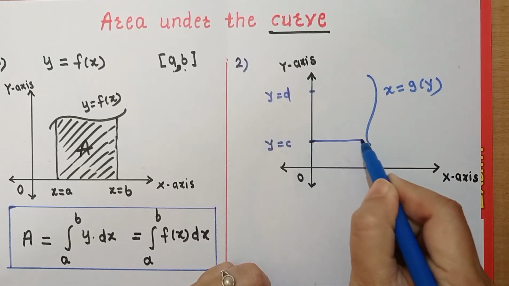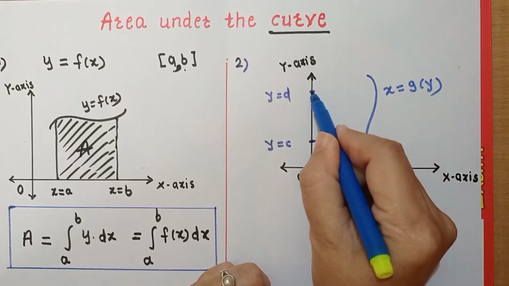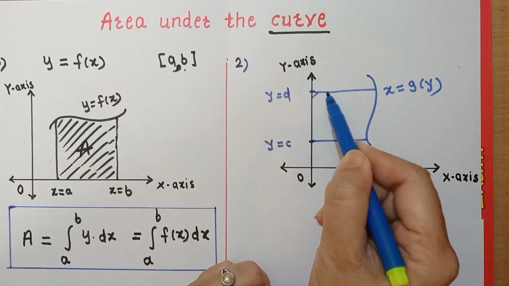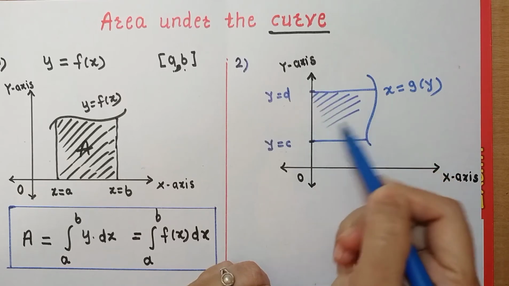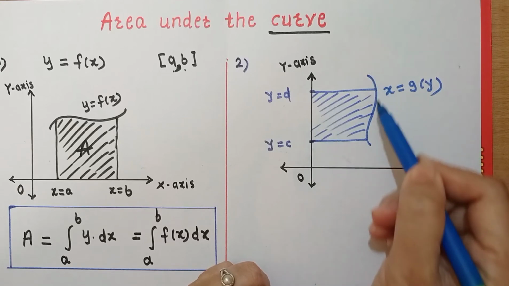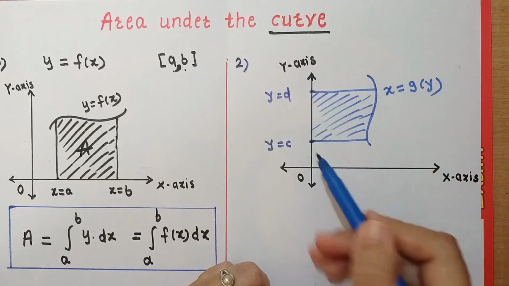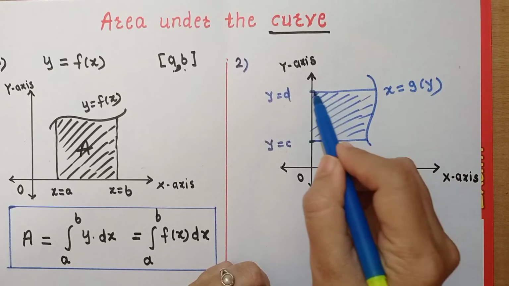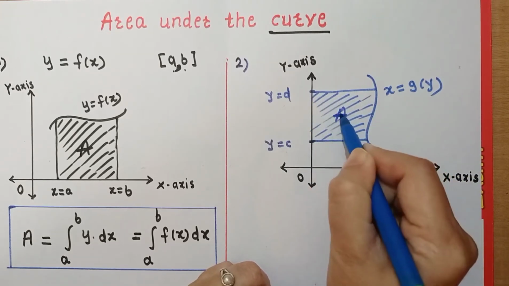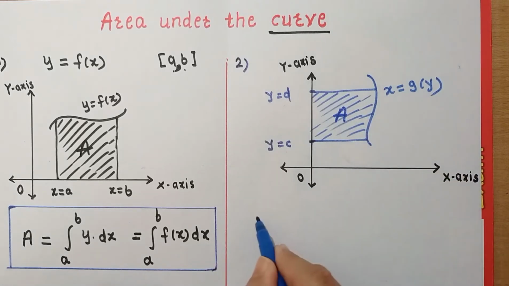Now draw these lines which are parallel to the x-axis, and now area under the curve means this bounded region which is bounded between this curve, this y-axis, the line y is equal to c and the line y is equal to d. So if this is area A, then it is given by